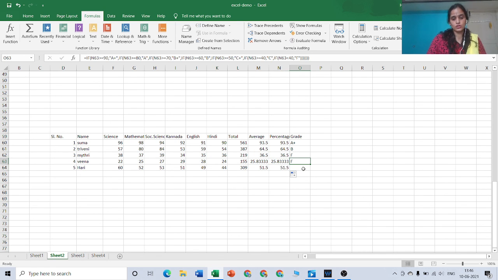See whether the grade holds good for this particular score that I have typed newly now. I will again drag it. See, it is C plus. So what was the condition that I gave? See this percentage is 51.5, where actually does it lie? It is below 60. This is the condition that I have to consider. So if the percentage formula N60 is greater than or equal to 50, let it display as C plus, right? So this is what we have obtained, right?